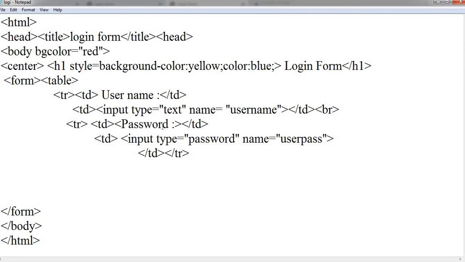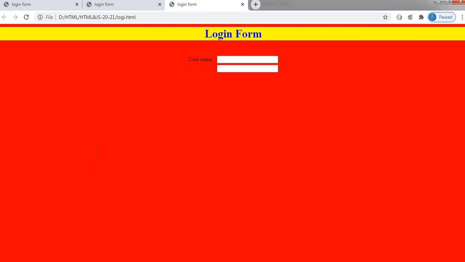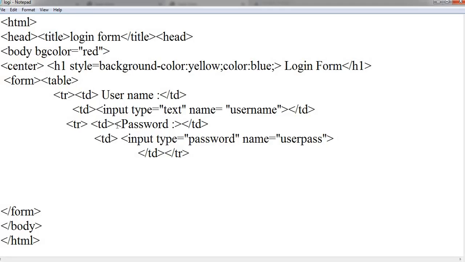So here the password is just something we have to take as a label.